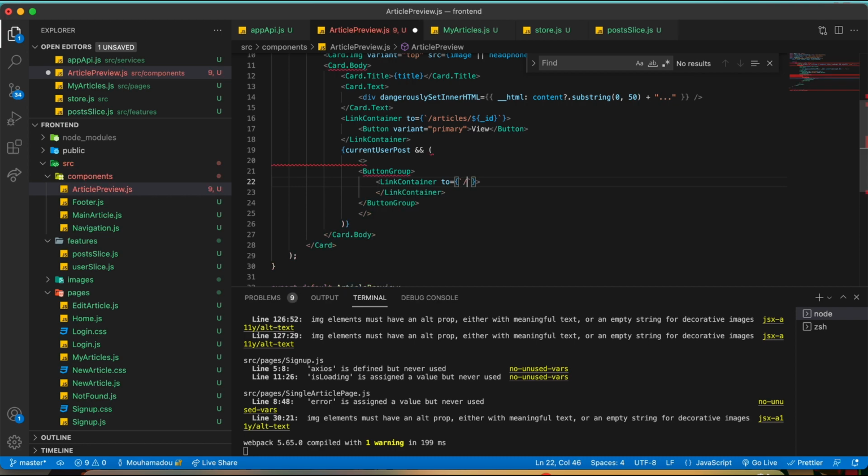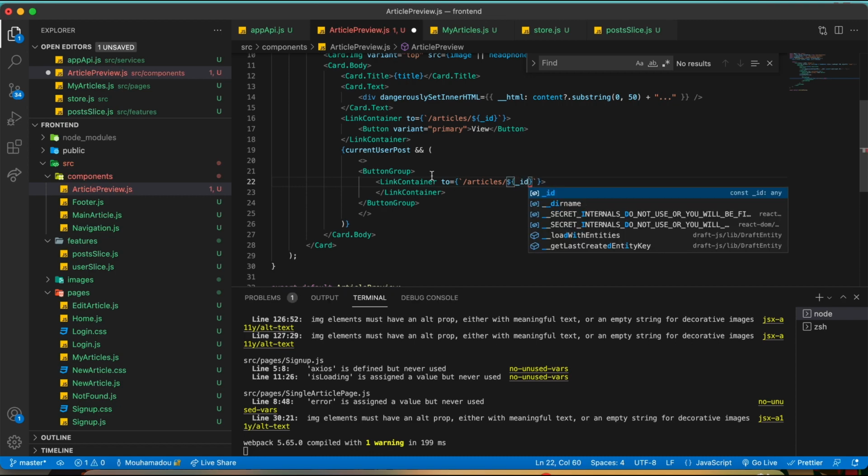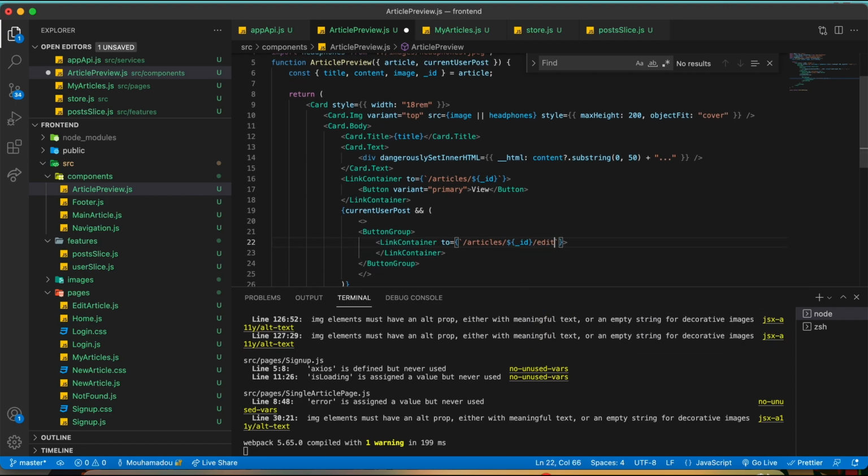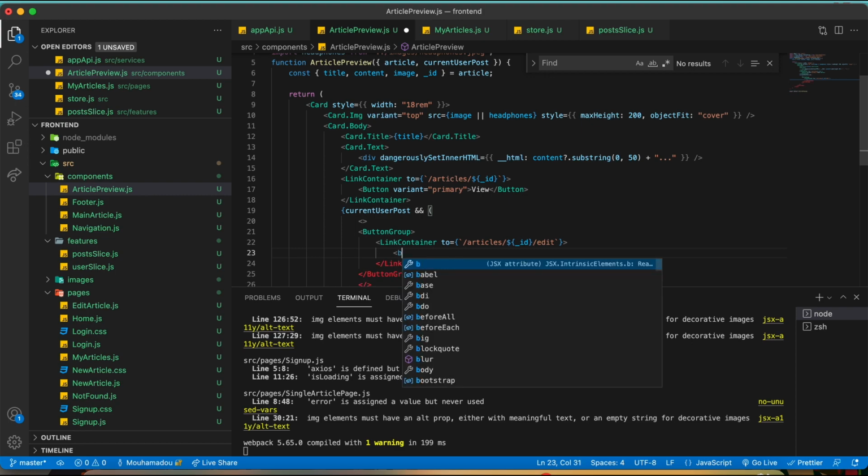So we go to articles, yeah, so we need to have the ID. So actually it's ID, let's call ID, this ID here, and we say edit, to edit the article, and we have the button,